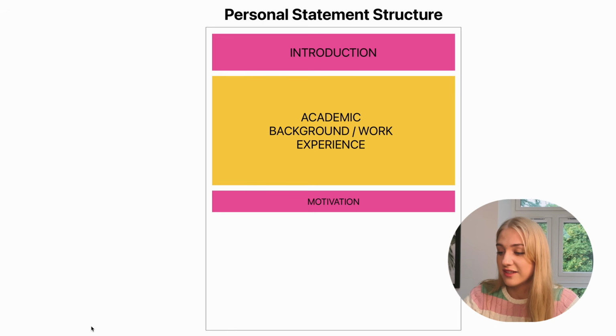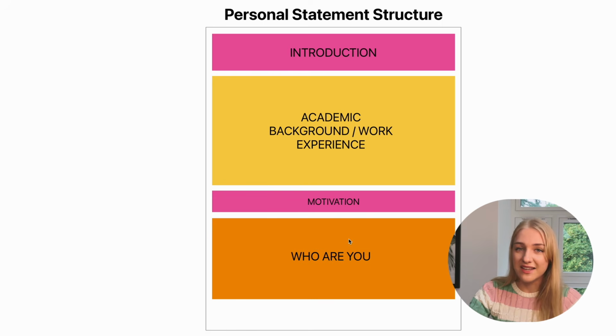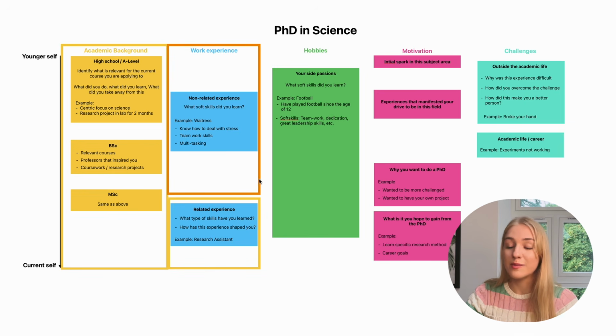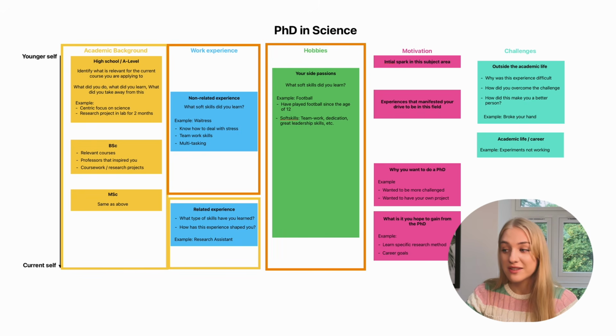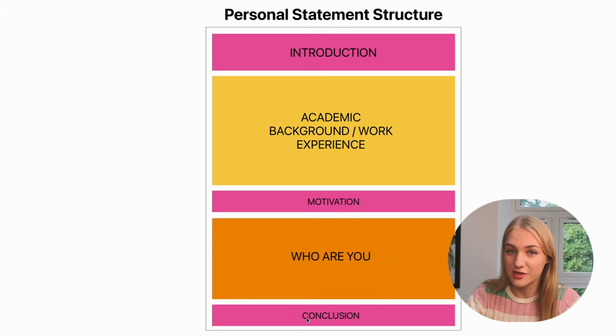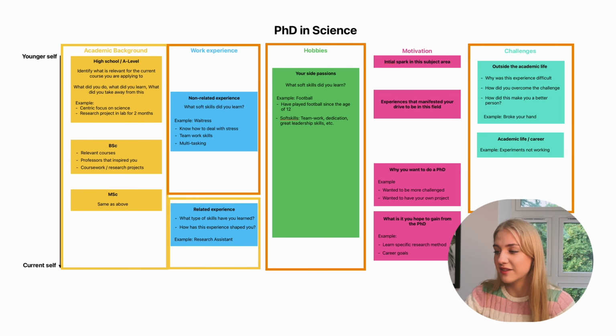Now after this, you want to focus on explaining who you are as a person. And the best way to do that is to talk about your hobbies and talk about your soft skills and about the challenges that you have had and how they have made you grow as a person. And then finally, just a conclusion sentence to round everything off. This is the general structure that you want to have for your personal statement based on the timeline that we have prepared before. So throughout this video, I've actually mentioned some of the key ingredients of the secret sauce of